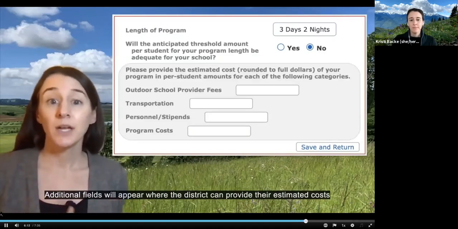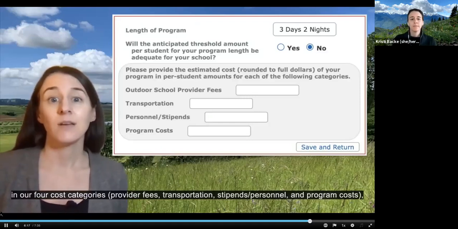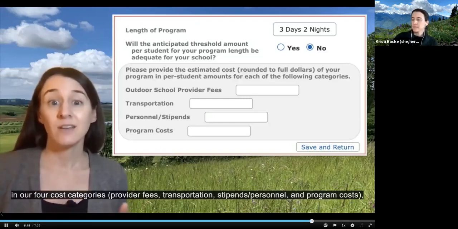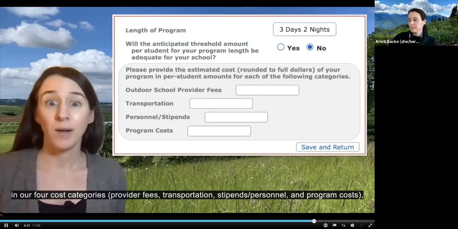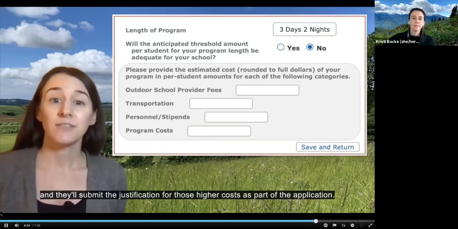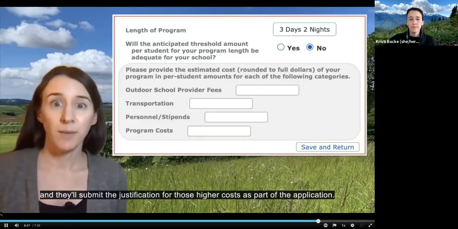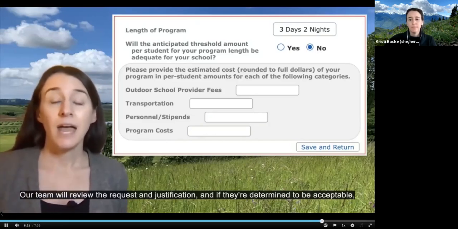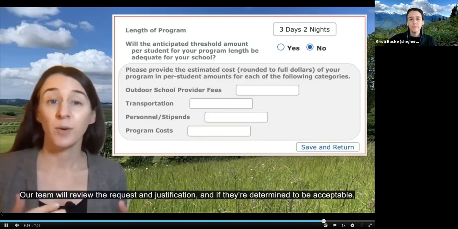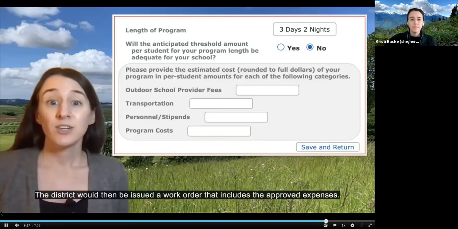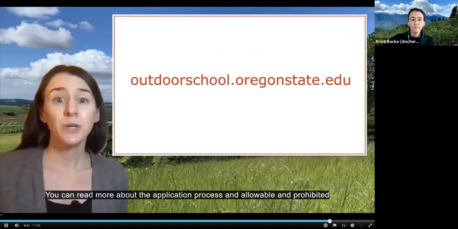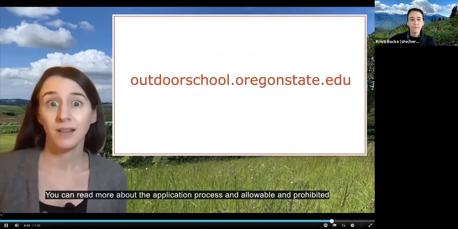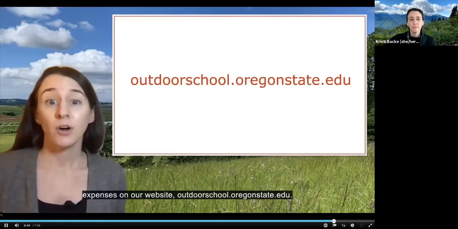Additional fields will appear where the district can provide their estimated costs in our 4 cost categories: provider fees, transportation, stipend/personnel, and program costs. And they'll submit the justification for those higher costs as part of the application. Our team will review the request and justification, and if they are determined to be acceptable, we will approve the application. The district would then be issued a work order that includes the approved expenses. You can read more about the application process and allowable and prohibited expenses on our website,